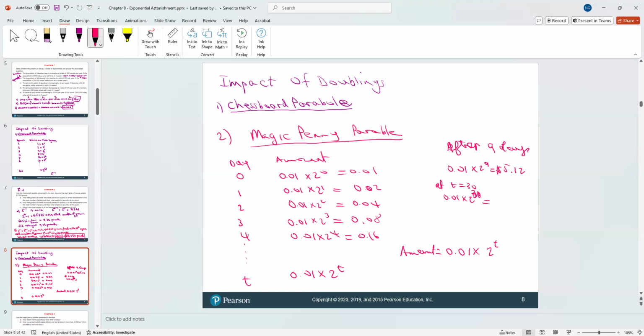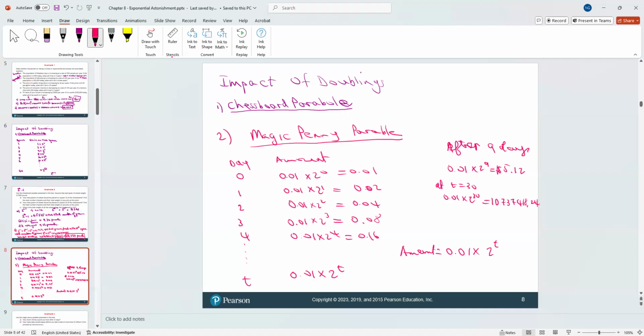2 power 30. What do you think this one is? Don't forget you can use your calculator to do it. After 30 days, look what happened. Only 30 days, you get 10,737,418.24. After only 30 days, only 1 month, you're already a millionaire. That is, you would be a multimillionaire within 1 month. And you would need a much larger pillow, of course, because they are all cents, right?